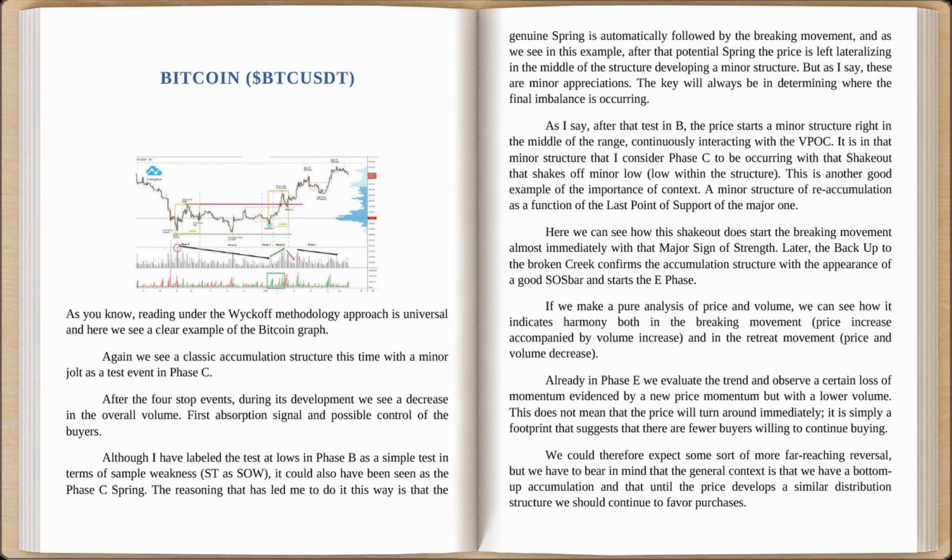This does not mean that the price will turn around immediately. It is simply a footprint that suggests that there are fewer buyers willing to continue buying. We could therefore expect some sort of more far-reaching reversal, but we have to bear in mind that the general context is that we have a bottom-up accumulation, and that, until the price develops a similar distribution structure, we should